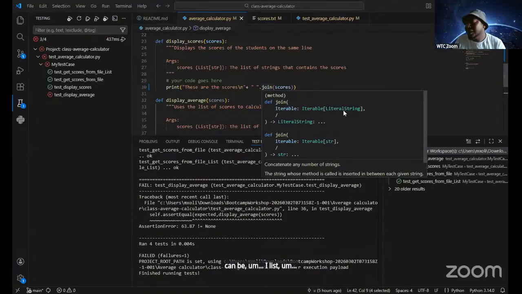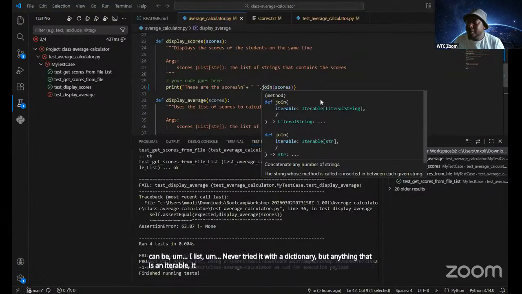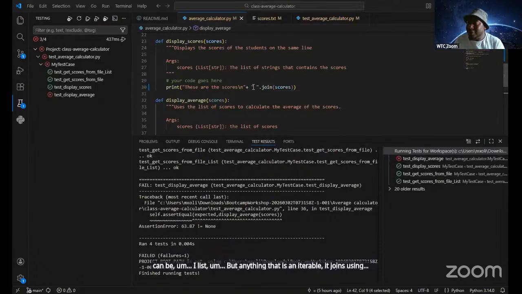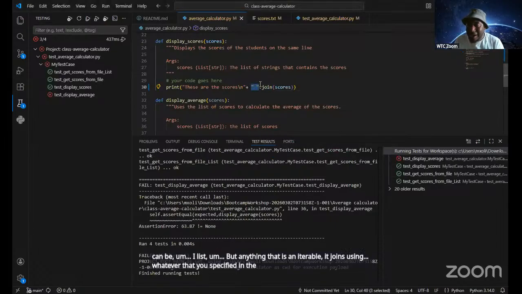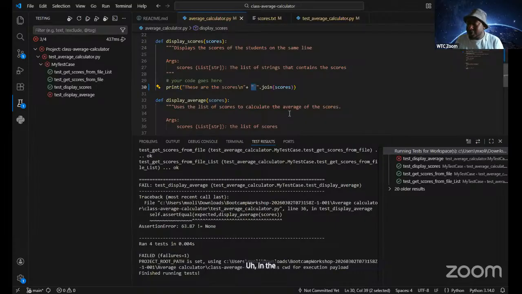Never had it with a dictionary, but anything that is an iterable, it joins using whatever you specified in the string as the joiner, right? So in this case, when you're joining the scores with an empty space, you're saying for each element in the list of scores, I'm concatenating all of them, and then they will all be separated by a space, right?